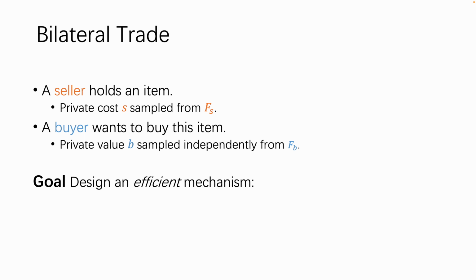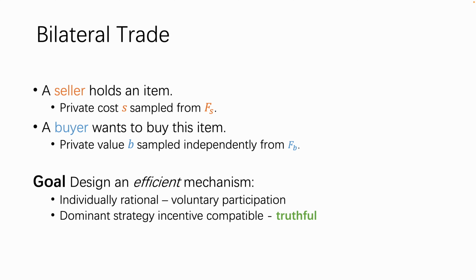Our goal is to design an efficient mechanism to trade this item between the seller and the buyer, and we will define what is efficient in the following. Moreover, we wish this mechanism satisfies three basic properties. The first one is ex post IR, which means that participating in the mechanism will never be a bad choice. The second one is DSIC, meaning that truth-telling is always the optimal choice in any situation. The third one is budget balanced, which means that the mechanism itself does not earn or lose money from the